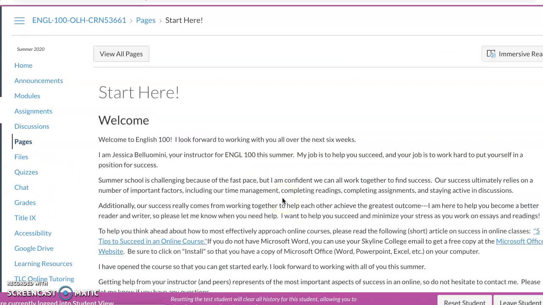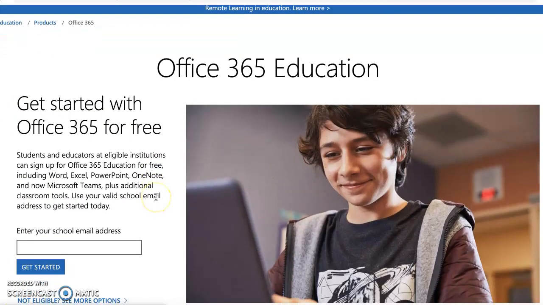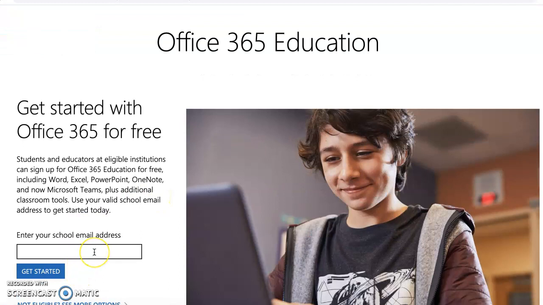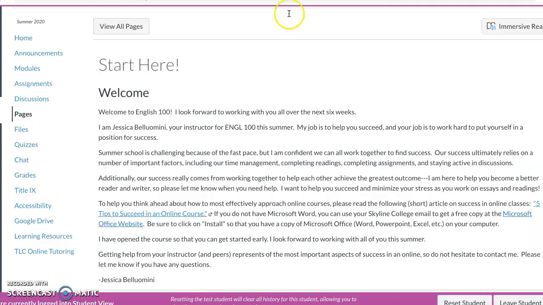Starting here, this is really cool. If you want to use Microsoft Word, it's free. All you need is a valid student email address, and I really highly suggest it. I like the formatting and technical aspects of Microsoft Word much more than Google Docs. It's not required, but I would suggest it just because it's a good service and it's free.